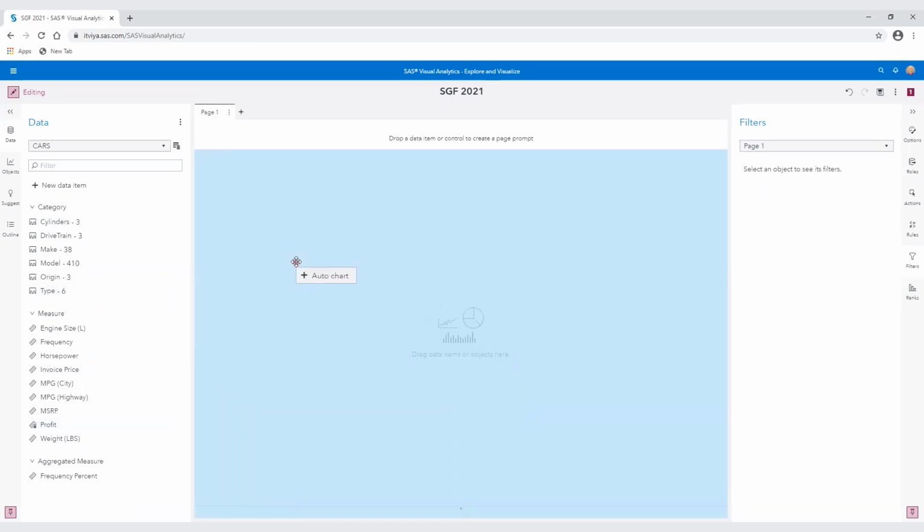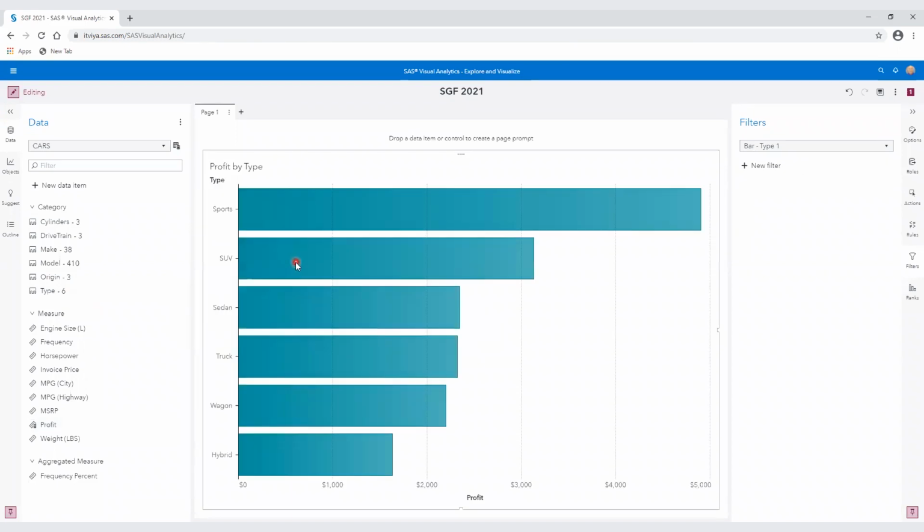And let's auto chart it. Let go of my mouse button, and there's the 6 types and the frequency of each. So we got a bar chart here instantly. How easy was that? So you can see here the type: sports, SUV, sedan, truck, wagon, and hybrid.